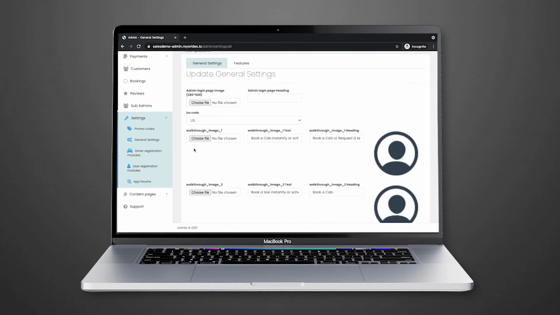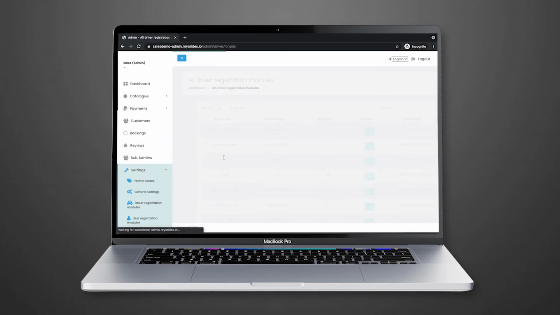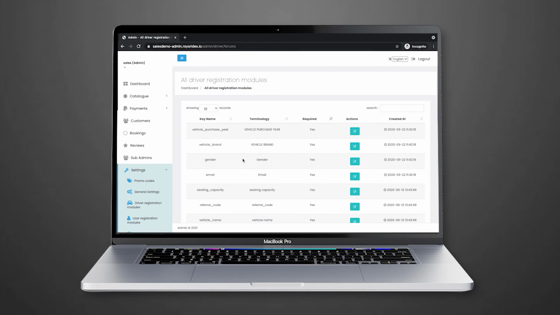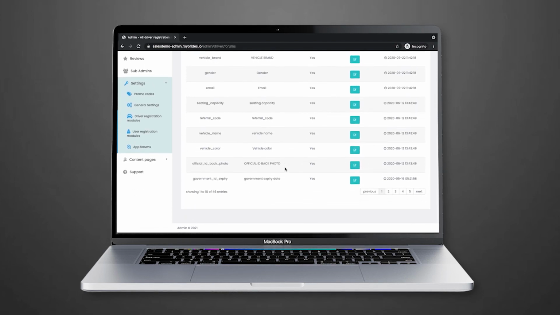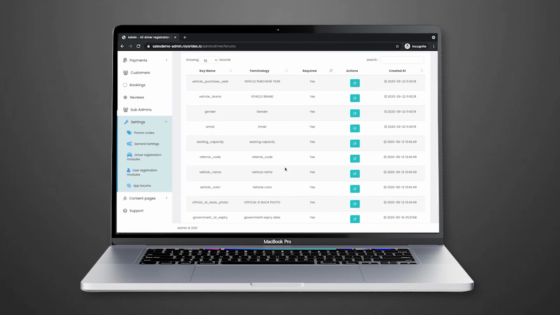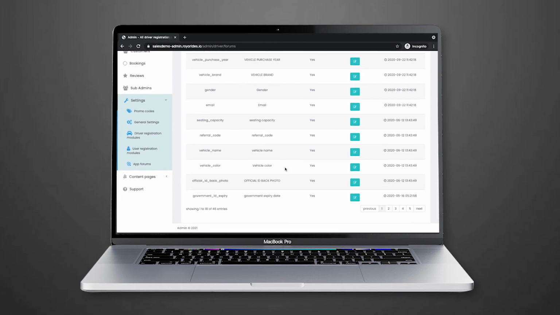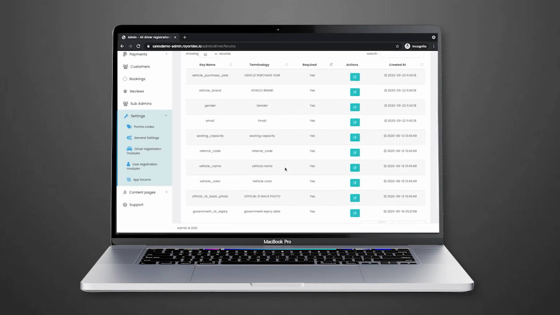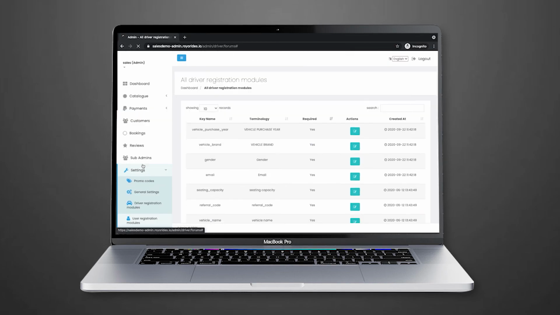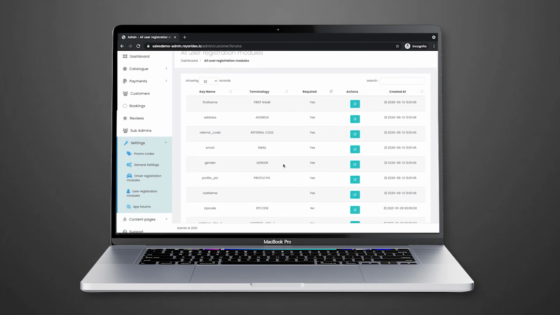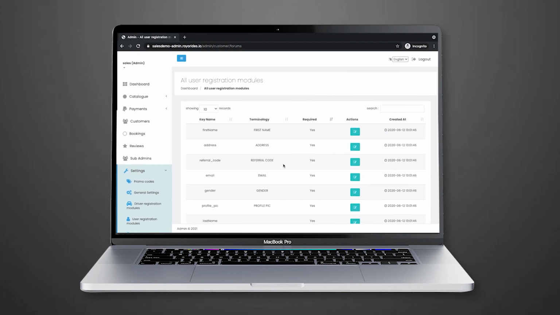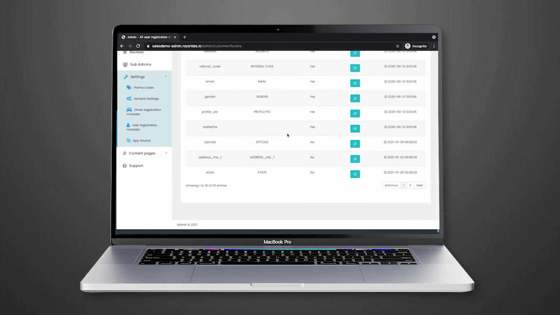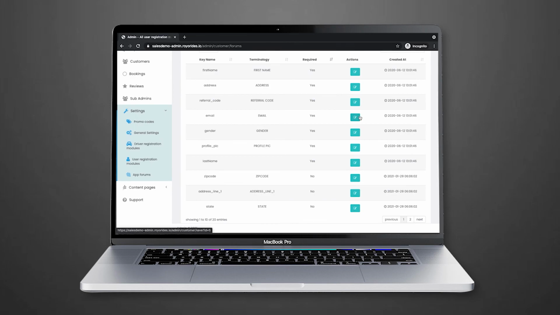Now in the next section, the driver module, you will see the onboarding process of a driver, like what his gender is, what his email is, and what his vehicle name is. All the stuff you can manage from here. Now here are the user registration modules, the fields that need to be added in the form while signing up, which you can manage from here. You can change the names, everything from here.